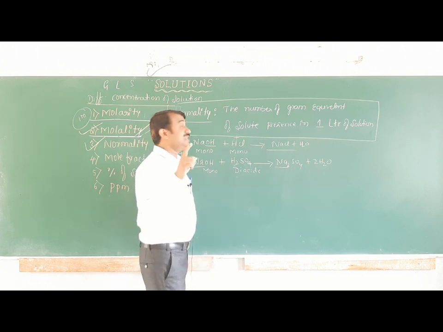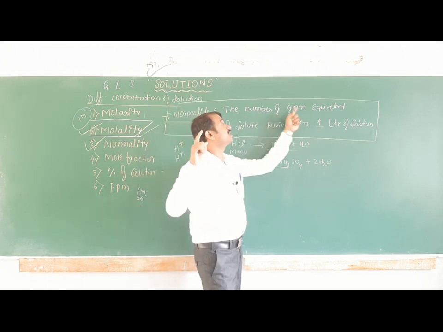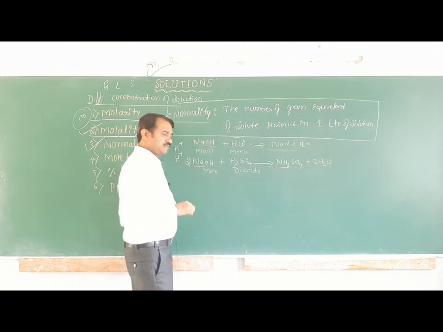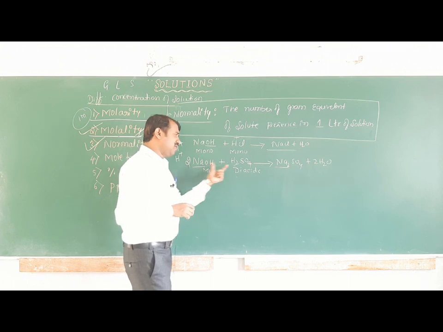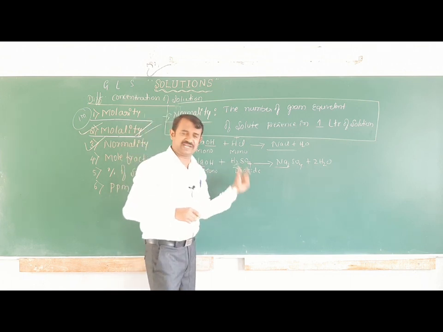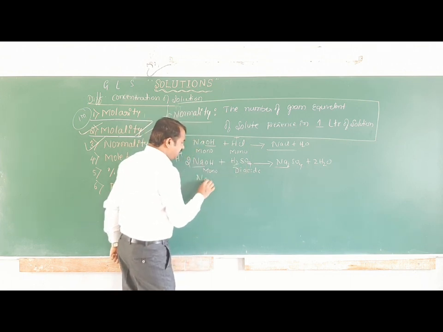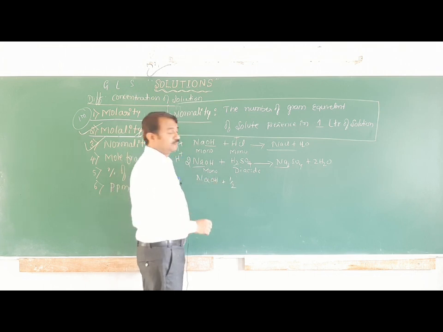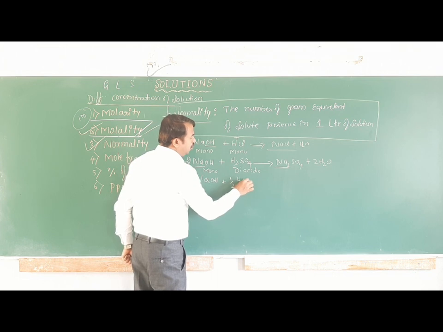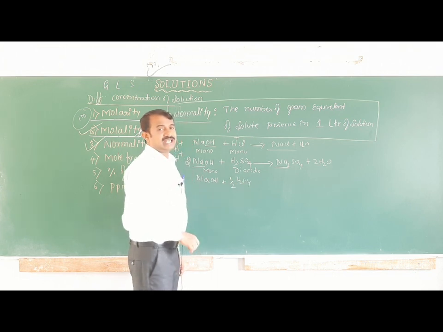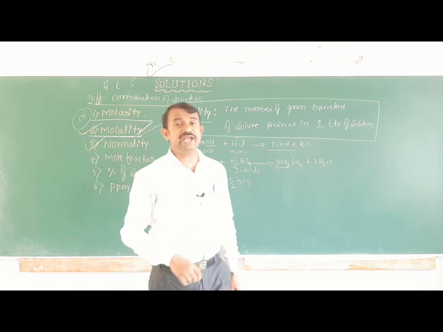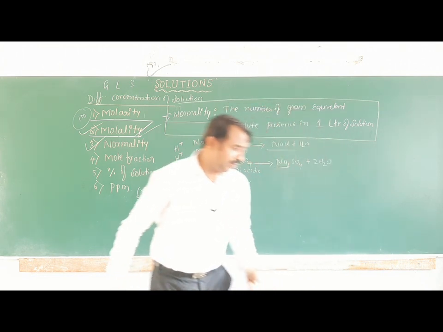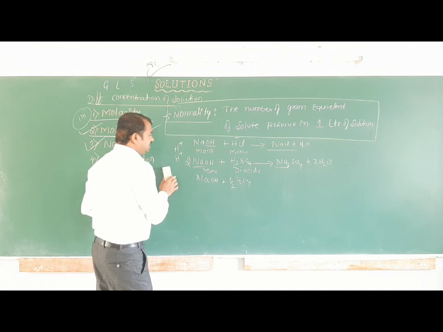Okay, that is the number of gram equivalent weight, meaning here we have to take 2 moles. 2 moles of sodium hydroxide react with 1 mole of sulfuric acid. In case suppose I take NaOH, we take H2SO4 divided by 2, that is the molecular weight and equivalent weight. What is molecular weight and equivalent weight?